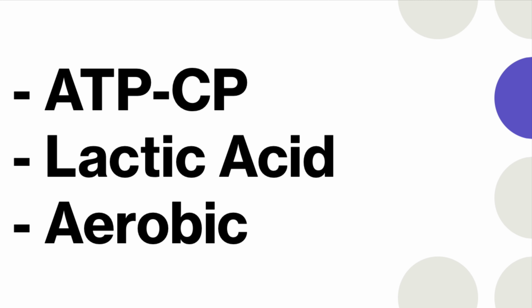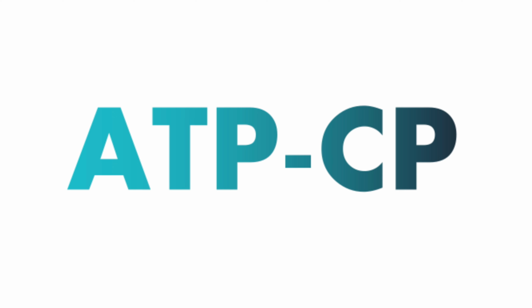The human body uses three different energy systems to provide the body with the necessary amount of ATP for different activities. The three energy systems used in the human body are the ATP-CP system, the lactic acid system, and the aerobic system. The ATP-CP energy system is used for immediate energy in any maximal effort less than 10 seconds and uses